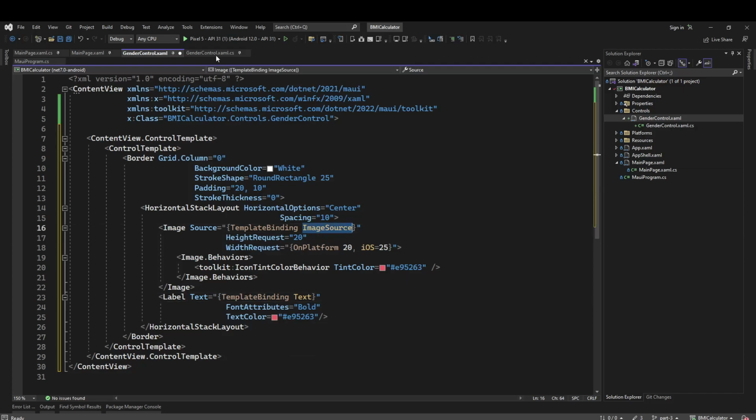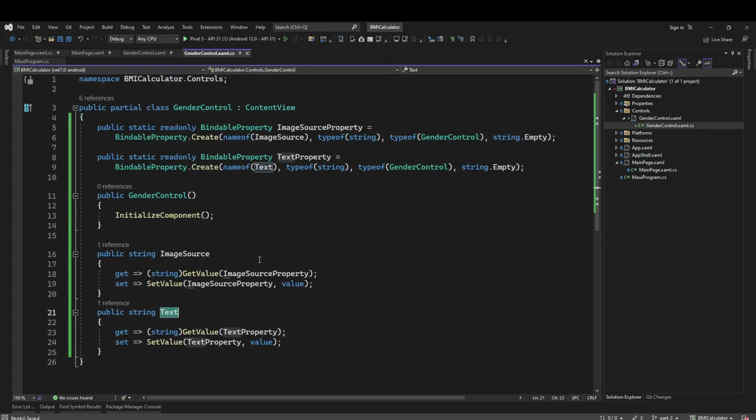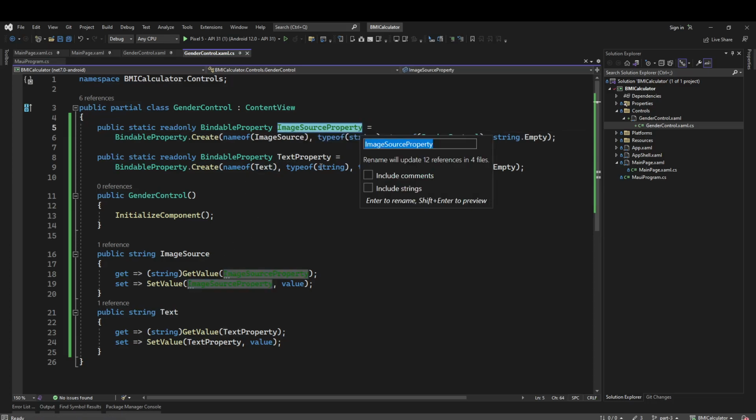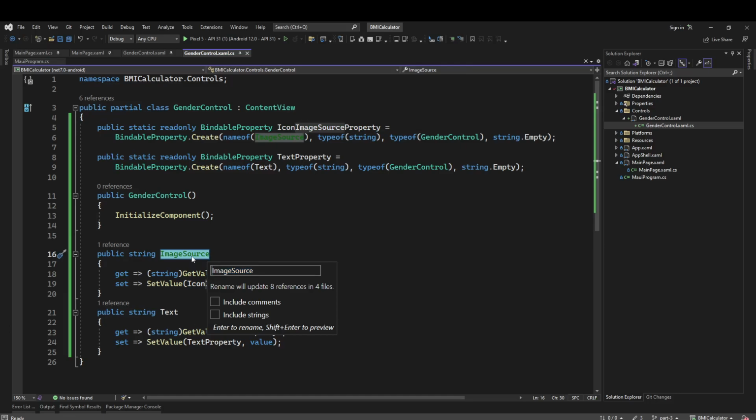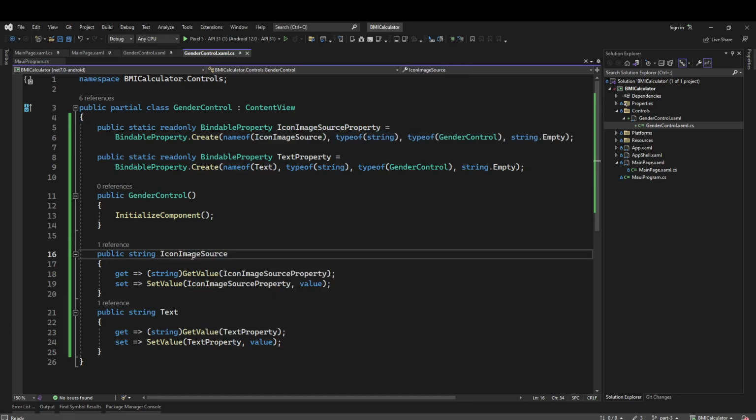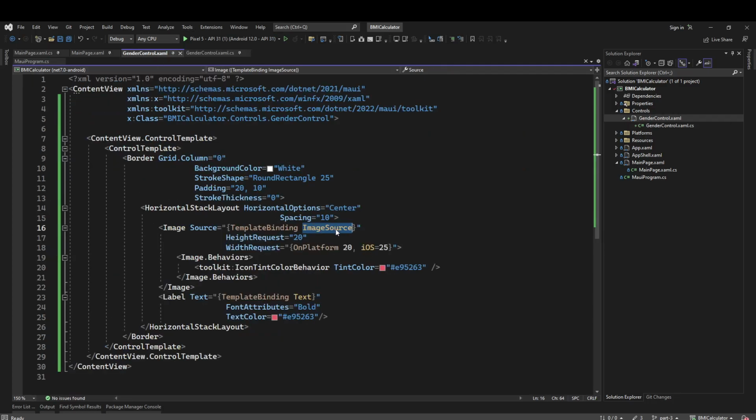So this image source, let's change it to icon image source. Let's name it icon image source property, and this should be icon image source. Let us rename it in here. Let's do this. Okay, so now if we save it, we have everything here,